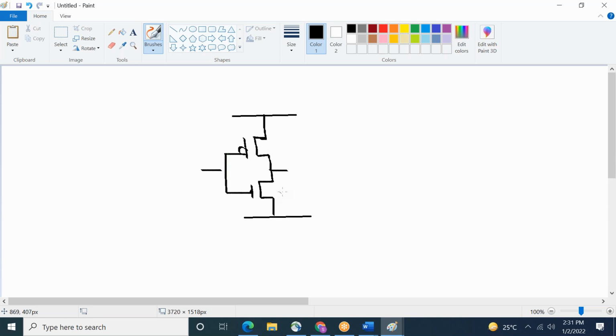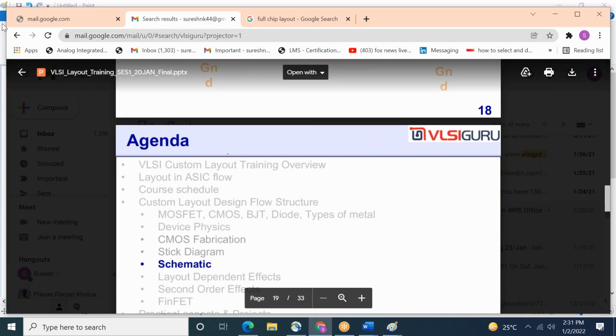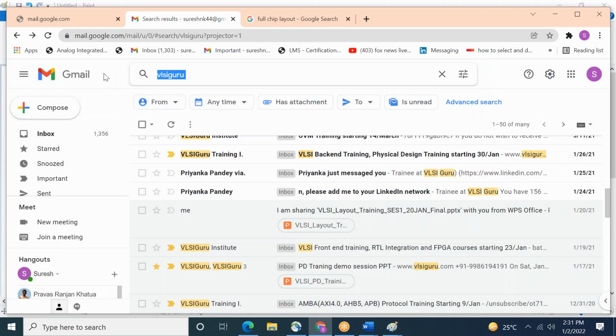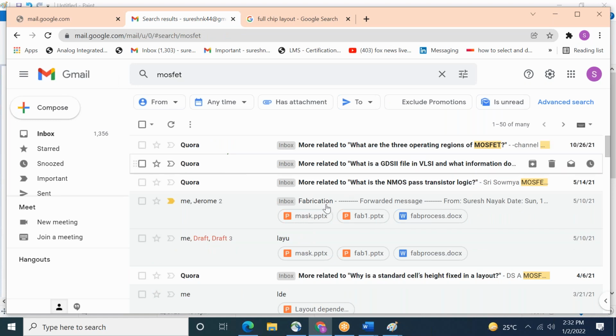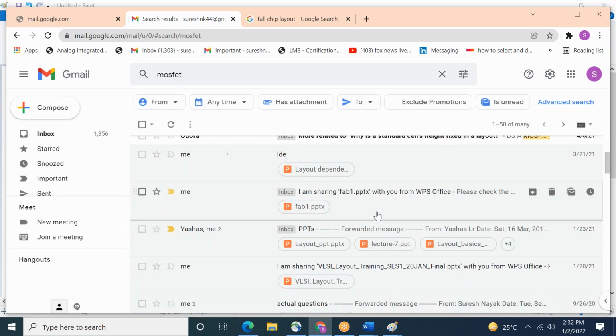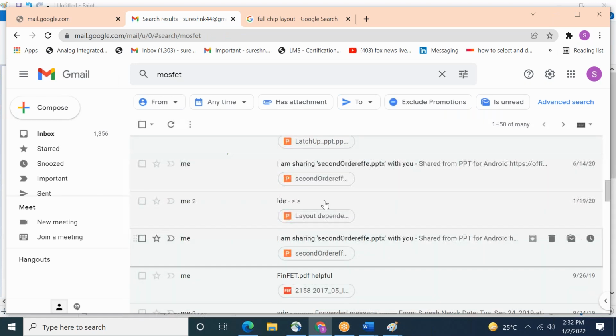So this is PMOS, this is NMOS. So what is PMOS? Okay, I'll give you just an idea about what this MOSFET is. Some people may not remember. I'm just revising in a few minutes. Then I'll come back.